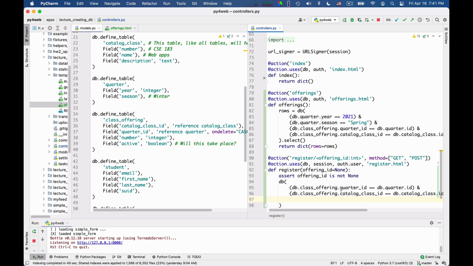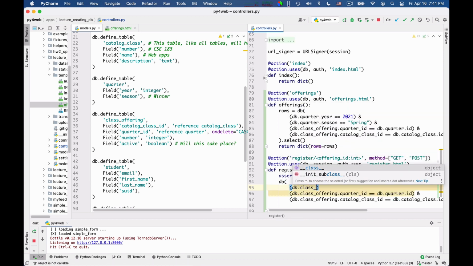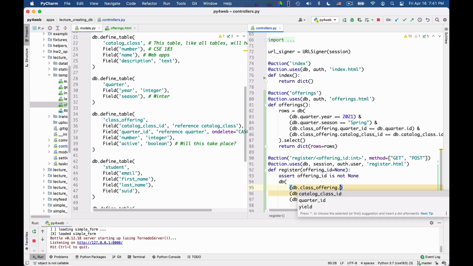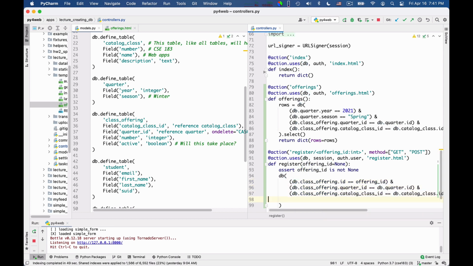So this relates the class offering quarter ID to the quarter and the catalog ID to the catalog ID. Okay. And to this I add, maybe on top, that db.class_offering.id is equal to offering ID. Okay, so this is going to be my database query.